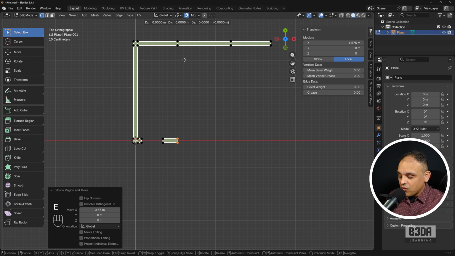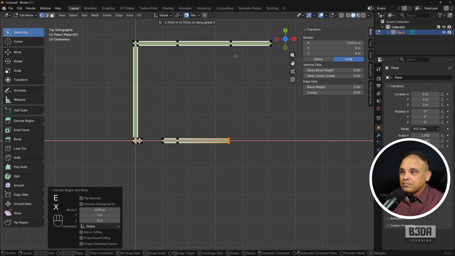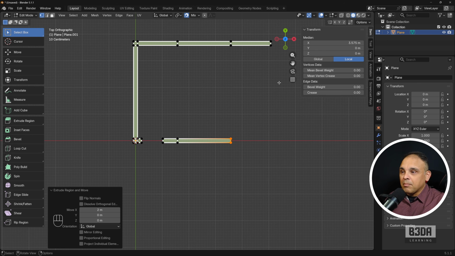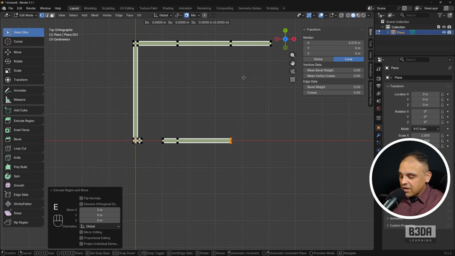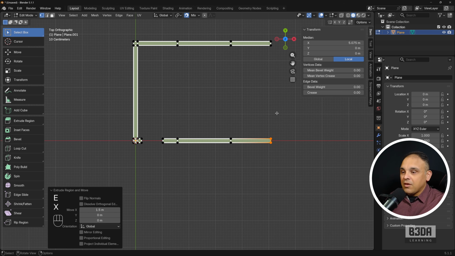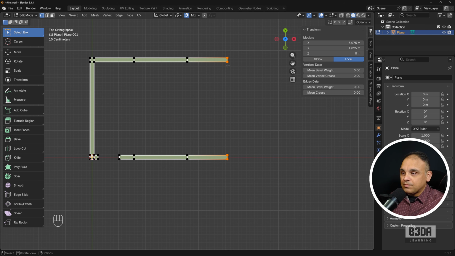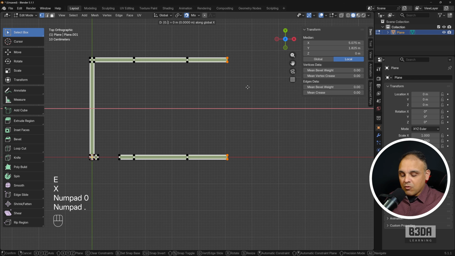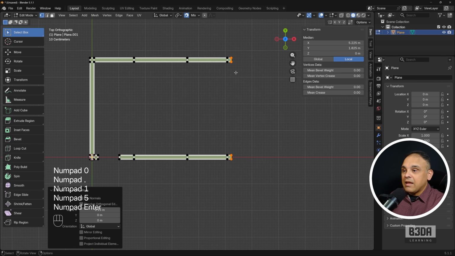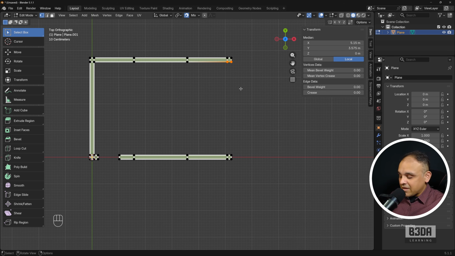So press extrude again, the E key, X to limit the extrude to the X axis. Let me click at this vertex. I will repeat the same process, extrude X here. And I will select these two edges, extrude X 0.15. And if you want, you can now select this edge here, and in edit mode, one useful shortcut,